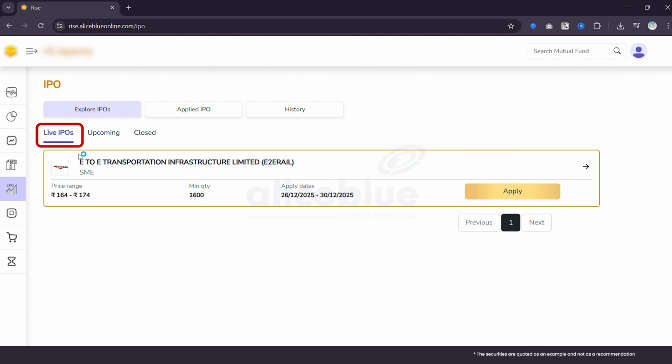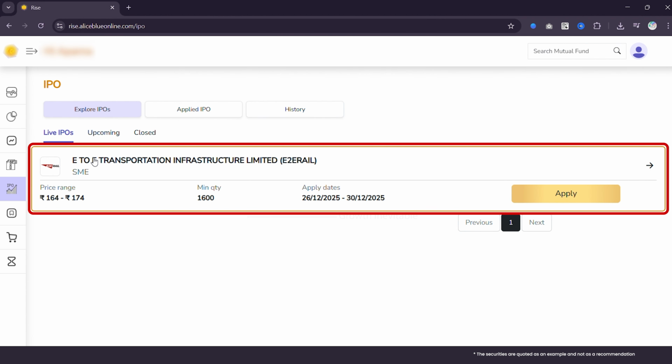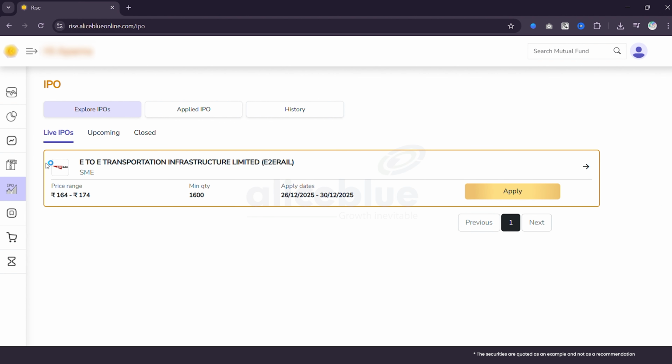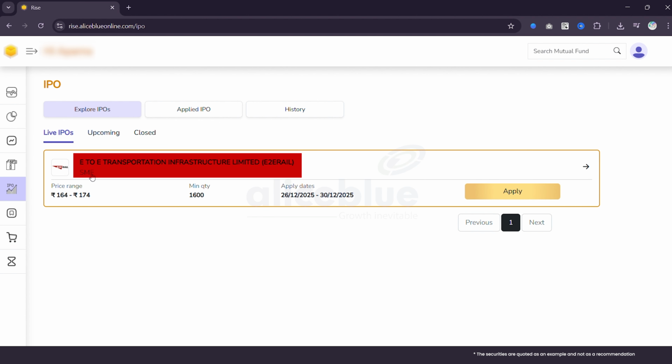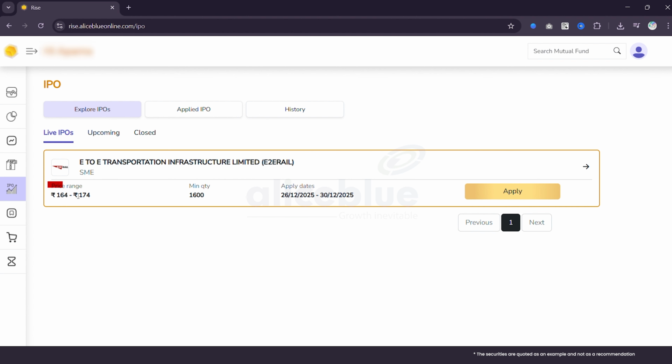Firstly, we can see the live, upcoming and closed IPOs. In the live section, one IPO is available. Here, we can see the company name, its category SME, meaning higher risk and lower liquidity than mainboard IPOs, then the price range between which you can place your bid, minimum number of shares that you must apply for, then